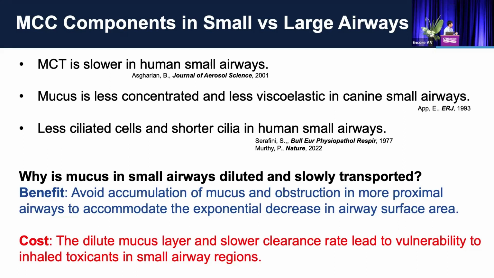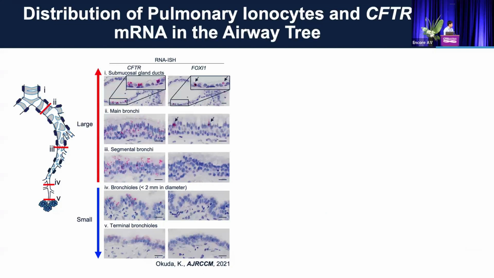So this potentially different mucociliary clearance regulatory mechanism may also be another reason for small airway vulnerability to mucus plugs. So that's our hypothesis. And another interesting thing, which is very relevant to CF pathogenesis, is the CFTR